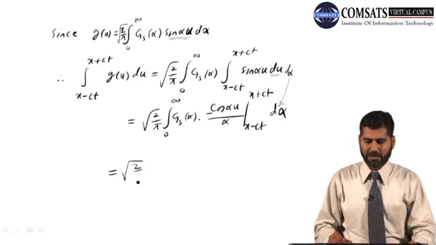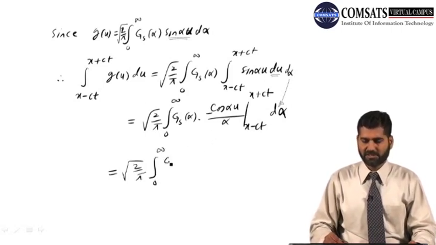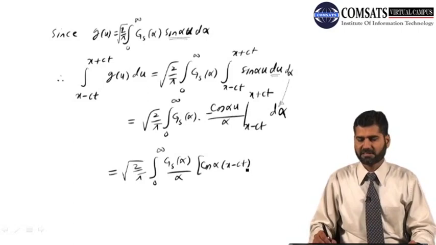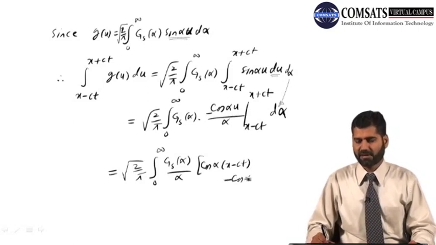Now 2 by pi, 0 to infinity, this is gs(alpha) over alpha, and inside, because of this minus sign, I can take cosine(alpha(x minus ct)) first, and minus cosine(alpha(x plus ct)),